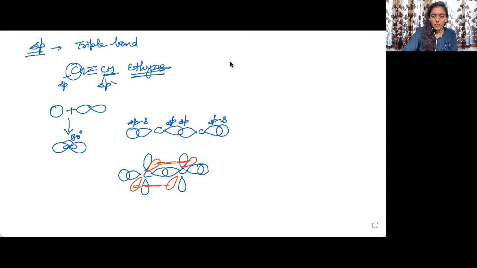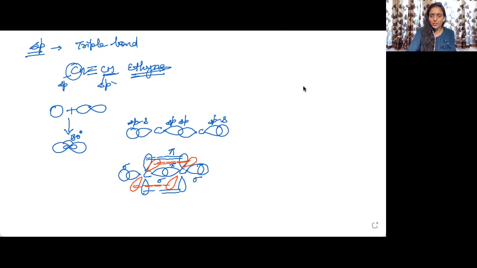Okay, so now we can show the overlapping of the other two orbitals. Okay, so this is this simple. So these are the two pi bonds, and these are the three sigma bonds. So we are now done with the hybridization of carbon atoms, sp3, sp2, and sp hybridization. And now I will give you a molecule and you need to do it yourself.